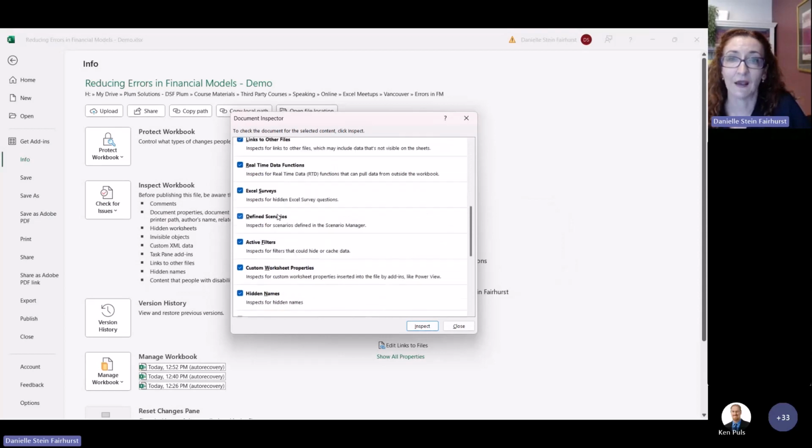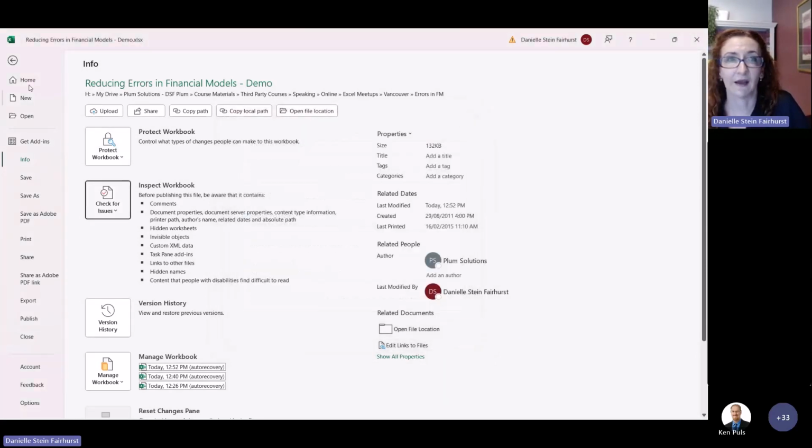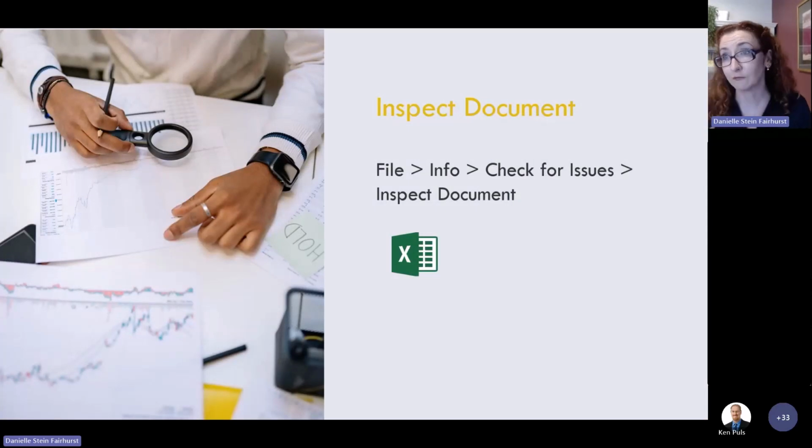So it will see what is in the model. I often find that quite useful. So check that out. If you come across a model for the first time that you're not familiar with, try that out.